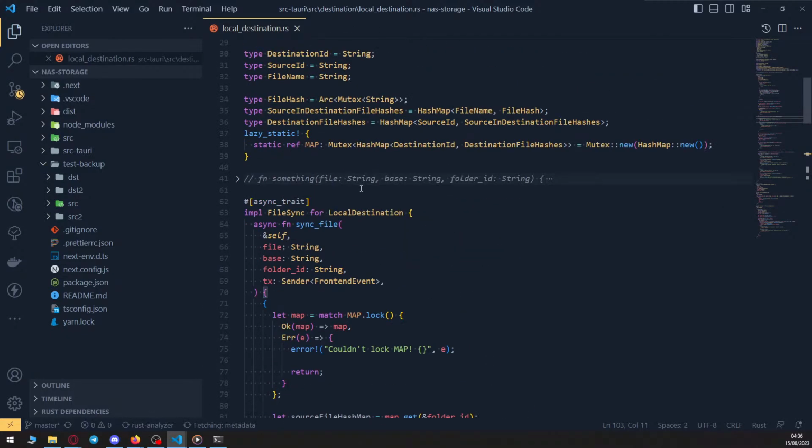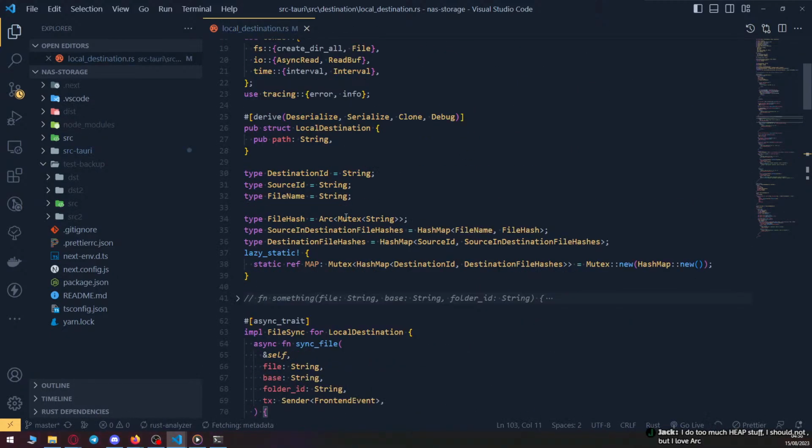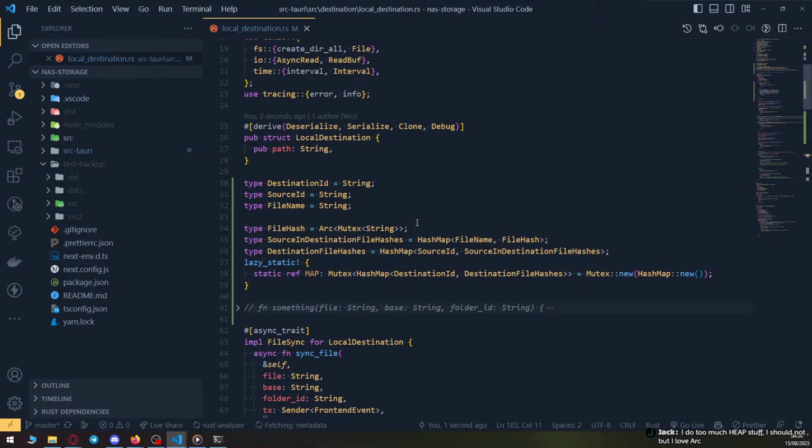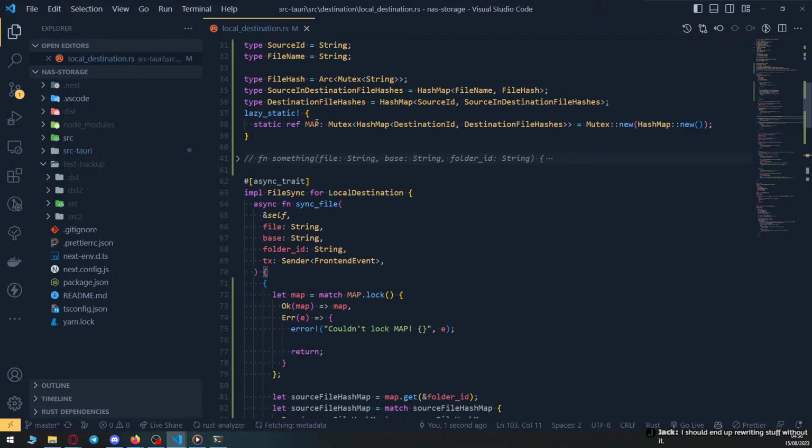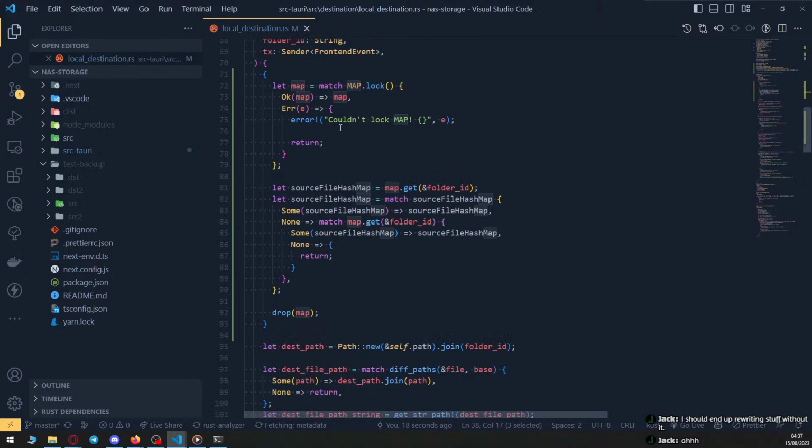It's this thing. And it is all very correct. I agree. It's very easy to just push it onto the heap. And here I have a mutex and a hash map and everything that's nice. But it's so hard to work with it. Look at this. I have to lock it and get it, then push it here, there, and do all